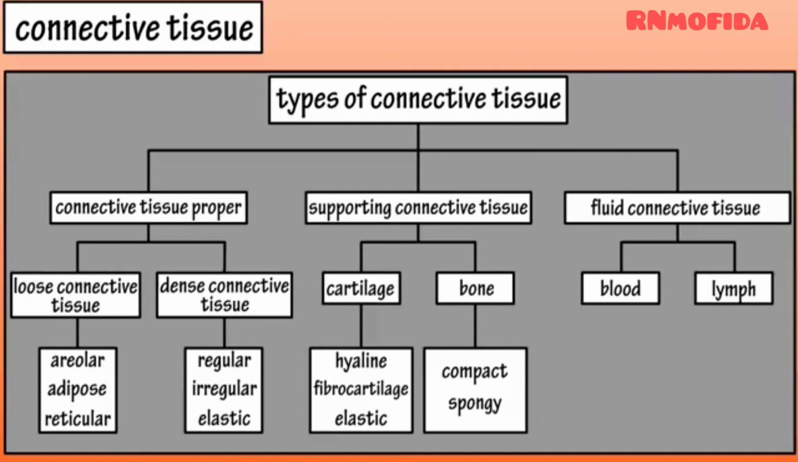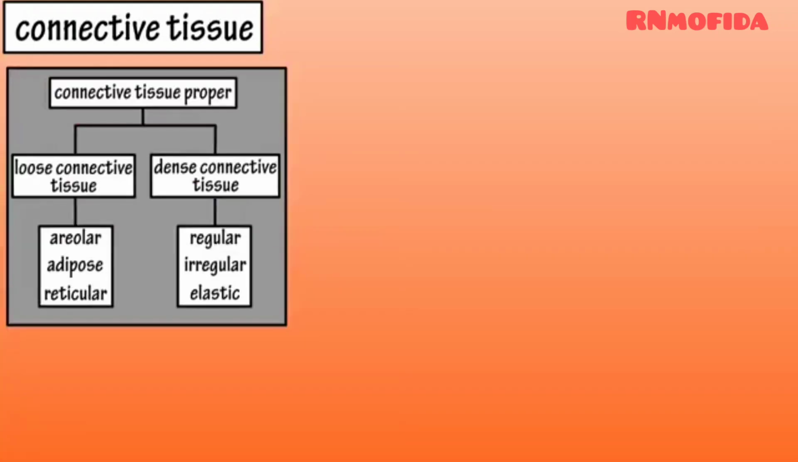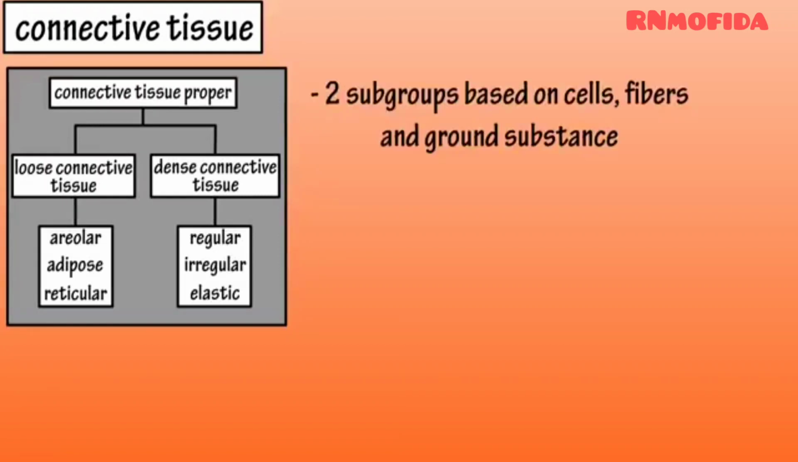Next, let's see the classification of connective tissue. Depending on the arrangement of ground substance, cells and fibers, connective tissue is classified into three groups. First one is connective tissue proper, next supporting connective tissue and fluid connective tissue. Next, let's see one by one. First classification is connective tissue proper. Based on the ground substance, cells and fiber arrangement, it's again classified into two categories: loose connective tissue and